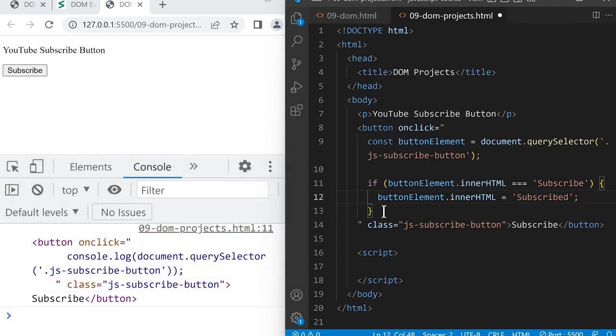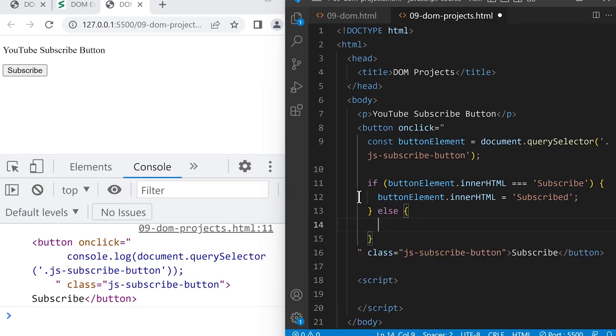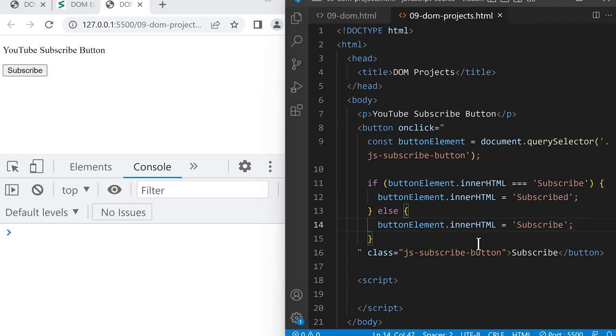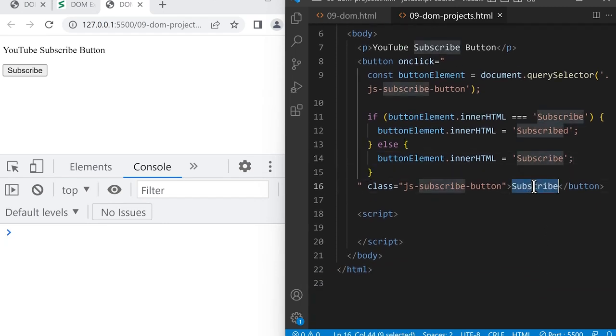So we'll add an else to this if statement. Else and curly brackets, and inside we're going to change the text back to subscribe. So let's type buttonElement.innerHTML and make it equal to the string subscribe and save. Now, before you try out this project, make sure that the text inside the button has no